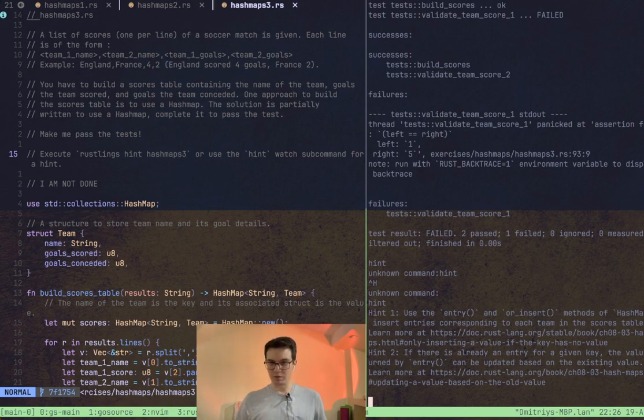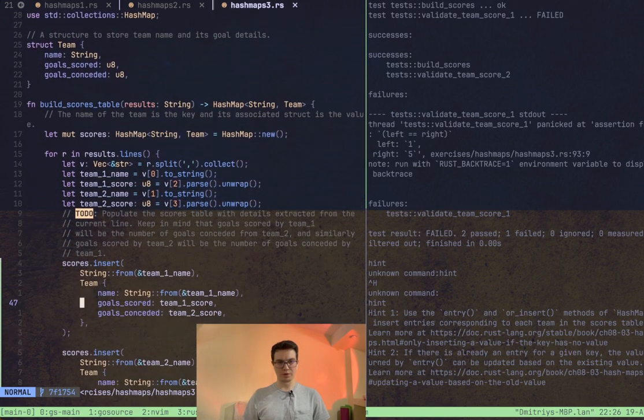How do we know if there is already an entry? This is the question. Yeah, this is